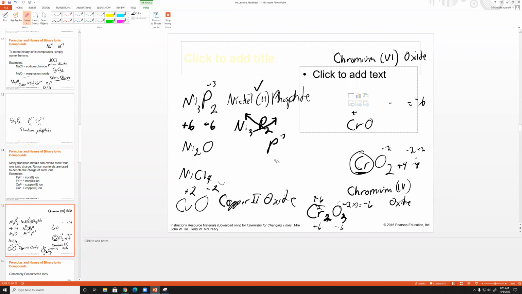So that's called the crisscross rule. But I don't like teaching it because, well, it's good to know, but it's good to know after you know the math. Because it doesn't always work. You can't use it blindly. But it works for 99% of the time. If you had something like, we went over this one already, calcium oxide. It wouldn't work for calcium oxide because